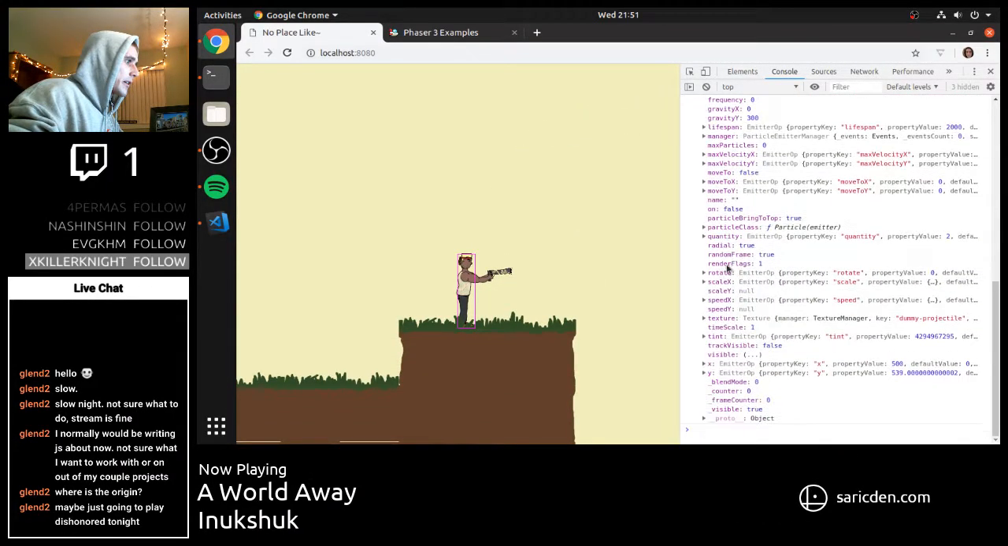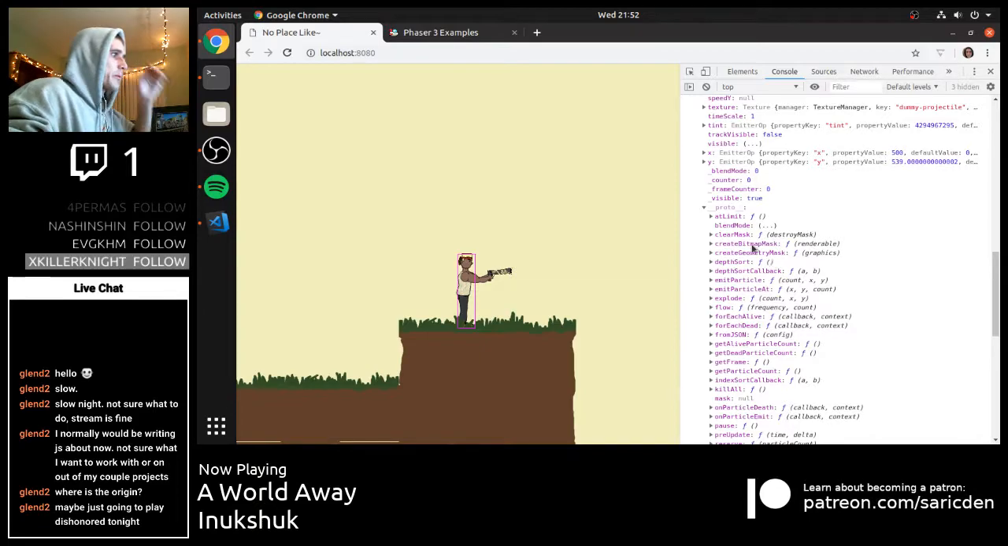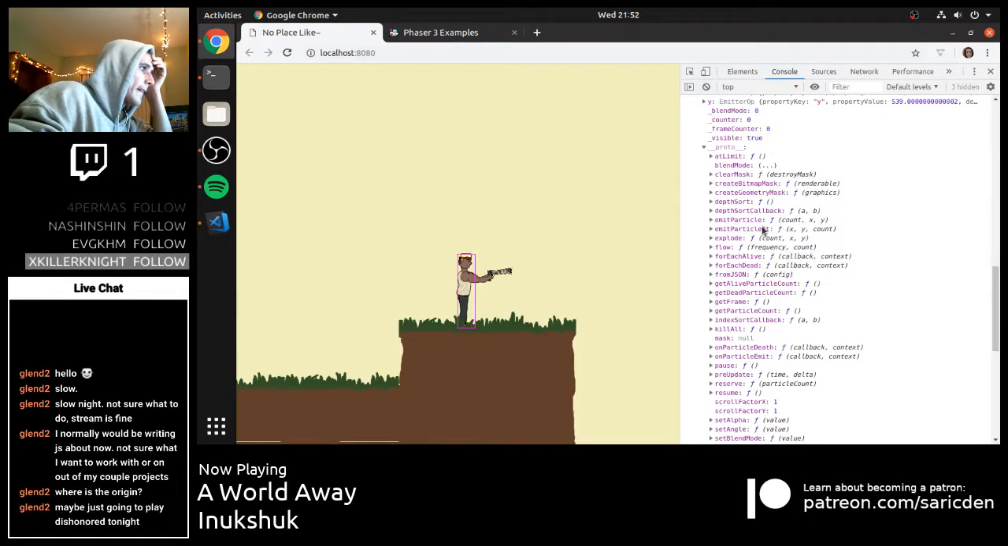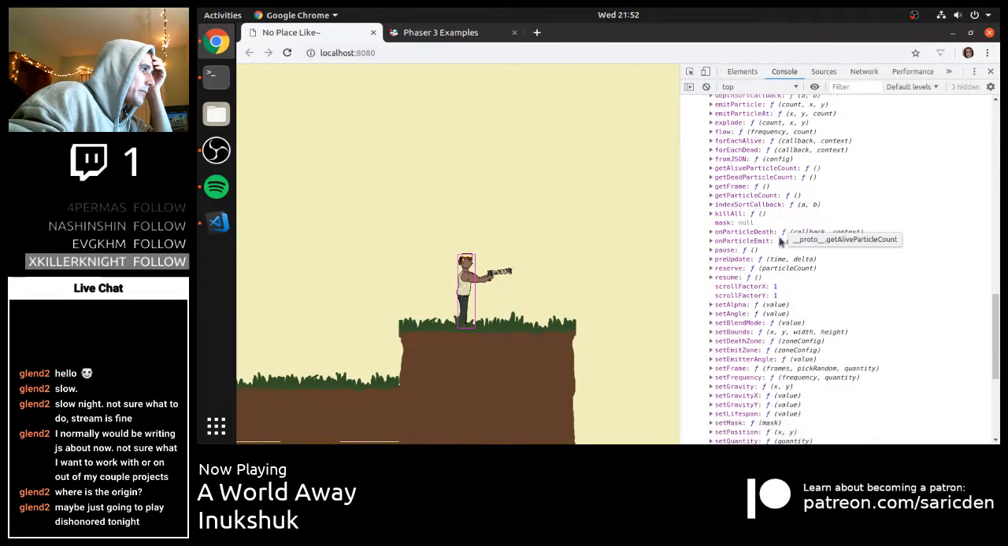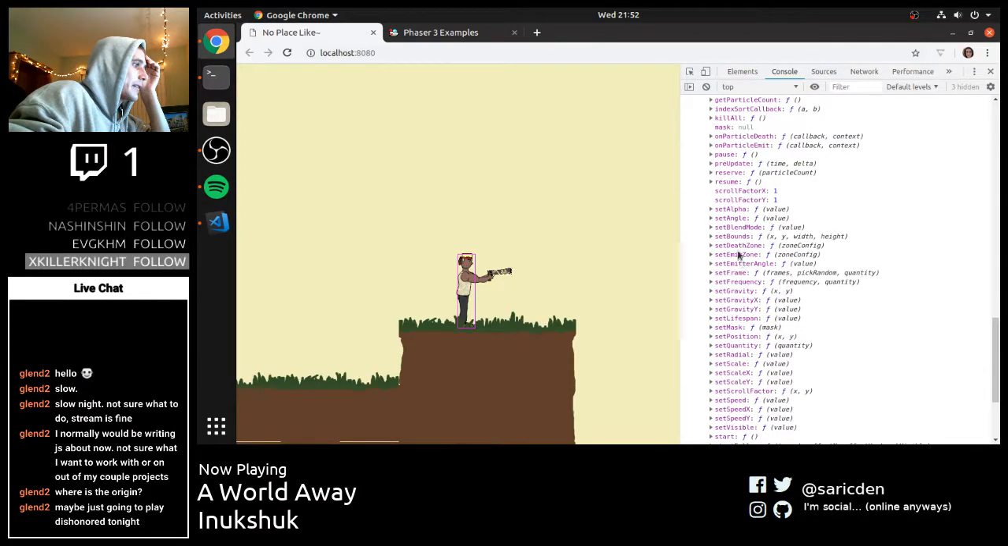Alright, so we've logged this out. Now we can open up our object and actually see what is in our prototype, all the functions we have access to. And it still bothers me so much because that set angle function is right there. But